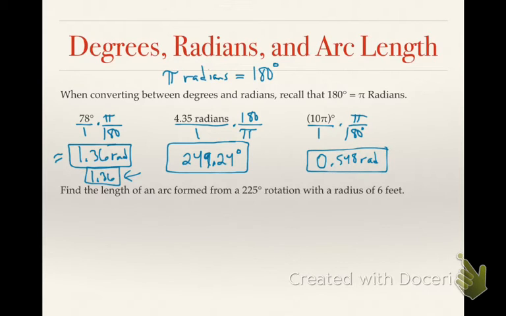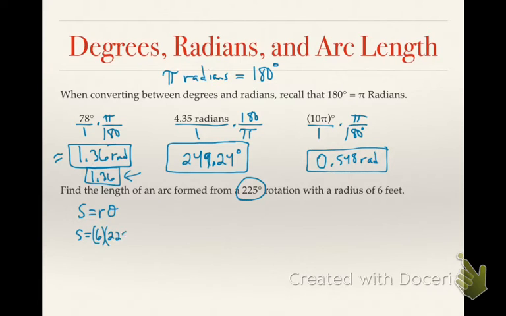Another thing you're going to be asked to do is to find the arc length that's formed from a specific rotation. As was mentioned in the formulas page, the arc length formula is S equals R times theta. But we noted that the theta must be in radian mode. So we have to convert that 225 degrees into radians at some point. So if I want to find the arc length formed from a 225 degree angle rotation with a radius of 6 feet, then I'm going to take the 6 feet,